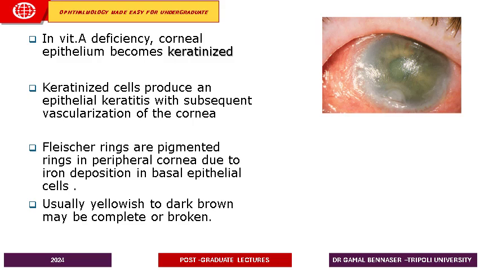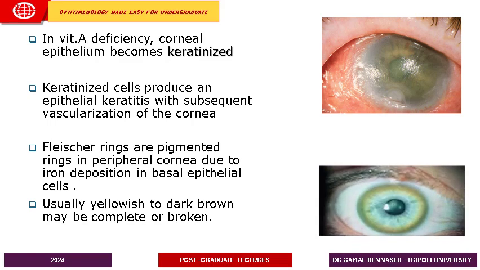Another thing is the Fleischer's ring, which is commonly seen in keratoconus cases, which is due to pigmentation found in the basal epithelial layer. Now, this pigmentation will be present at the level of the basal epithelial layer, commonly seen in keratoconus, known as the Fleischer's ring. It is a brown to yellow ring, which may be complete or incomplete. This is just something I would like to add before I finish this talk about the epithelium, and this is the